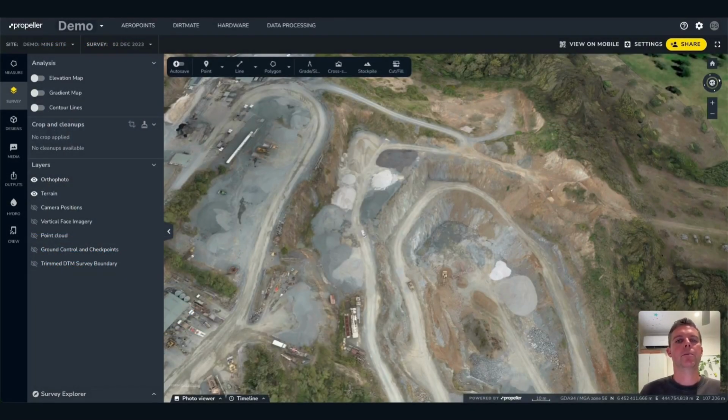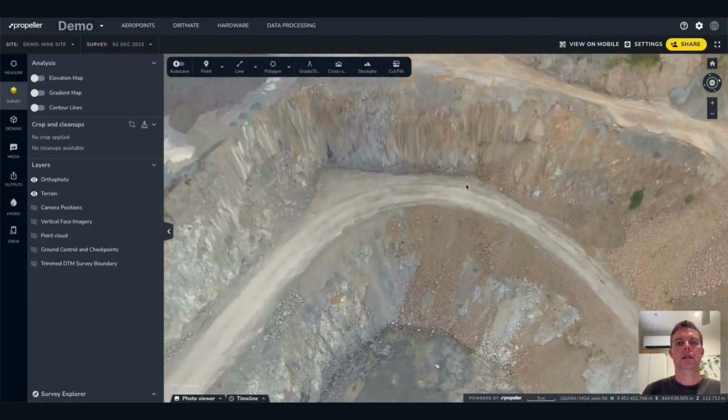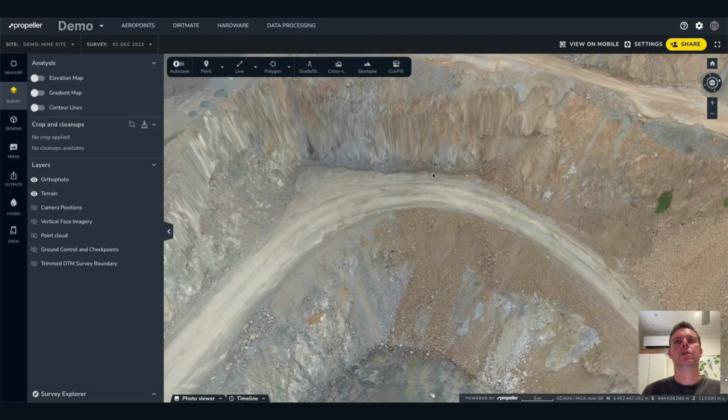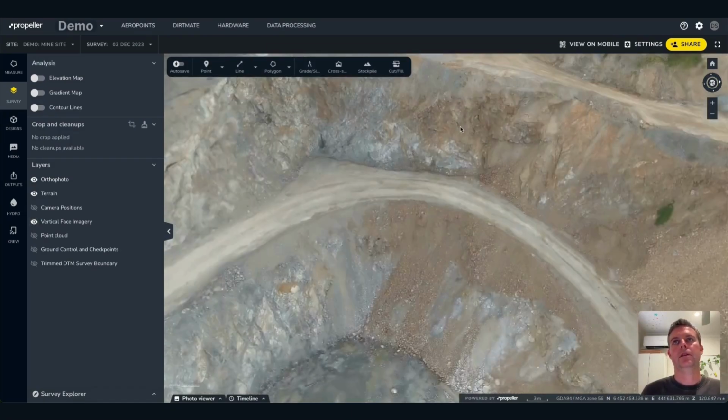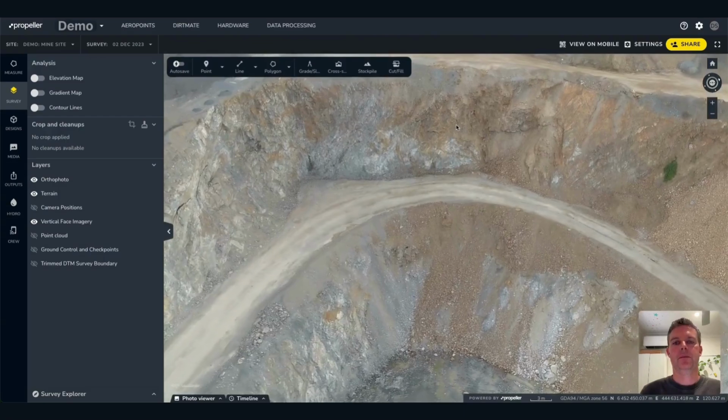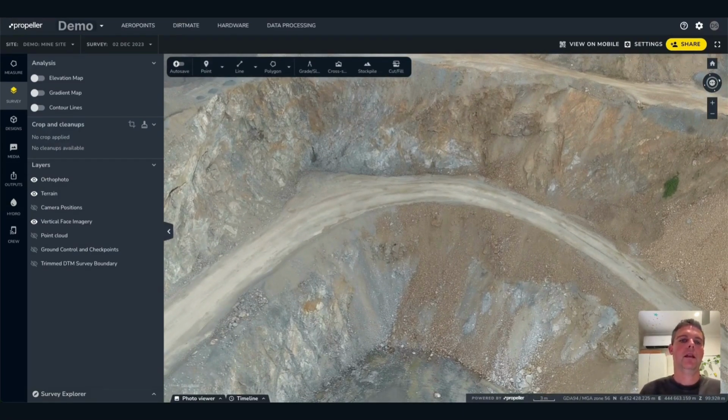Here we are on the demo mine site. Let's navigate to the rock wall. You can see what we like to call the ice cream effect. If we turn on vertical face imagery, which is on the survey tab, you can see a bunch more detail. In this case, you might want to use this functionality to help monitor for faults or stability of the rock